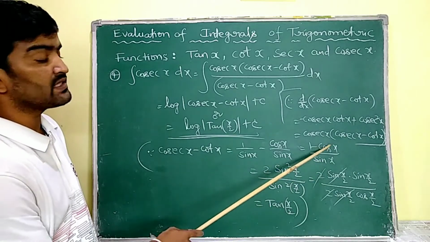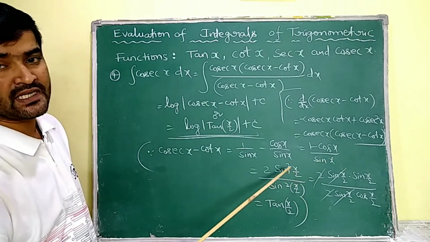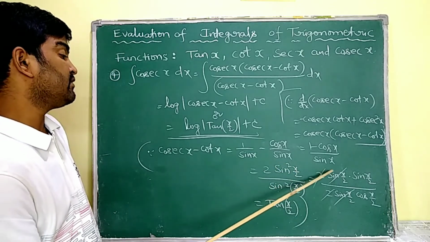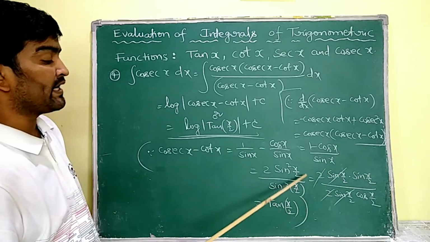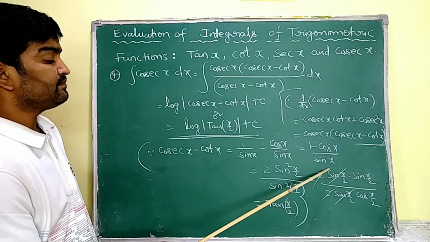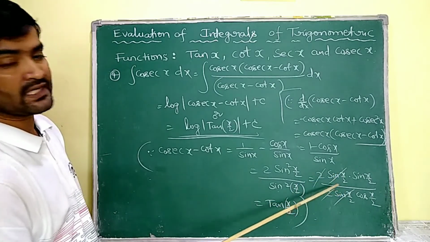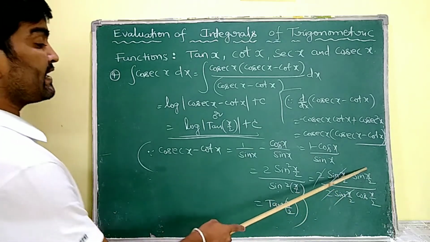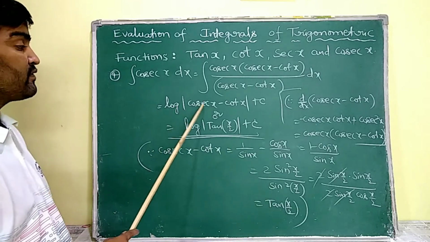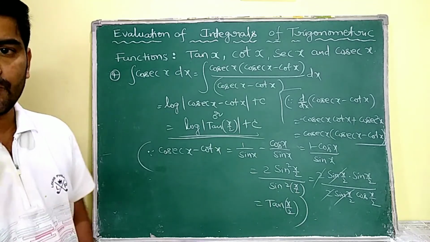We know that 1 minus cos theta is 2 sin square theta/2. Similarly, sin x is going to be expressed as sin 2 into x/2. Now 2 sin square x/2 means 2 into sin x/2 into sin x/2, whole by sin 2a, which means 2 sin a cos a. Similarly, here we are going to expand. Here 2 and 2 are cancelled, sin x/2 and sin x/2 are cancelled, so sin x/2 by cos x/2 is left. That is nothing but tan x/2. So log of cosec x minus cot x is nothing but log of tan x/2 plus c. I hope you understand everyone.